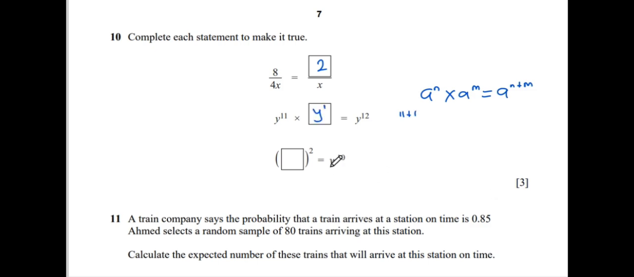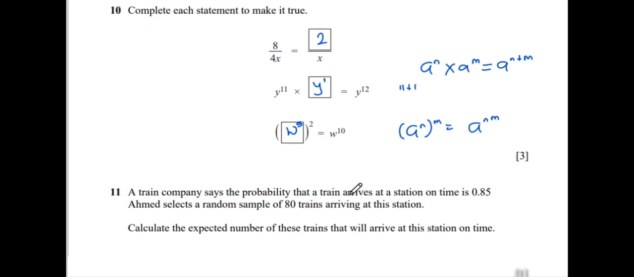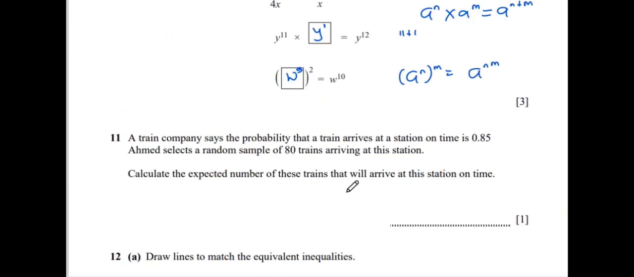Then here, this is also an indices problem where we need to apply (a^n)^n to give you a^(n times n). So which number times 2 will give us 10? That's 5. So we have w^5. Okay, (w^5)^2 will give us w^10. All right, so moving on, we have